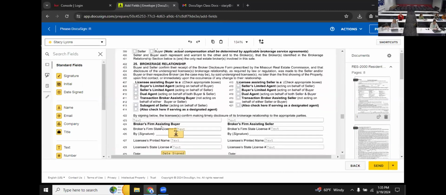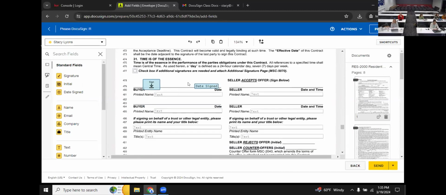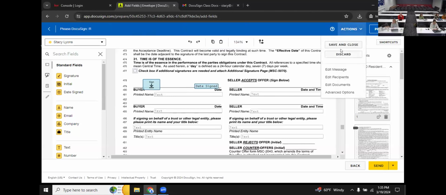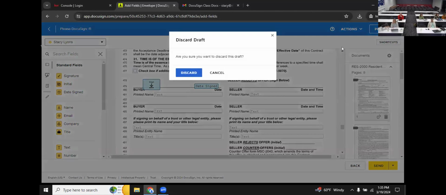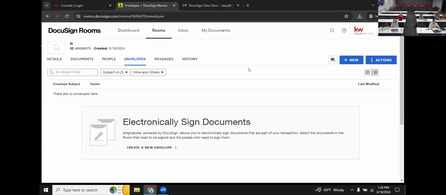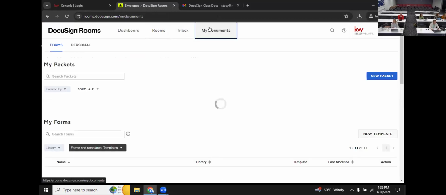And then it just has that there. And then the buyer one there. That is super convenient. It's going to save so much time, because every time, half the time I miss it and I go to the next and I'm like, oh crap, I gotta go back. Okay, so then the last thing that we'll do is some DocuSign stuff on your